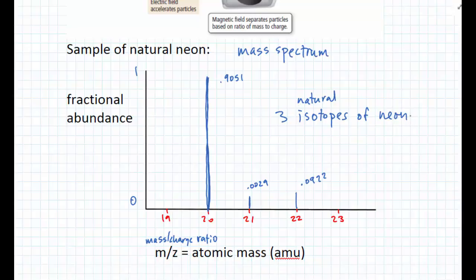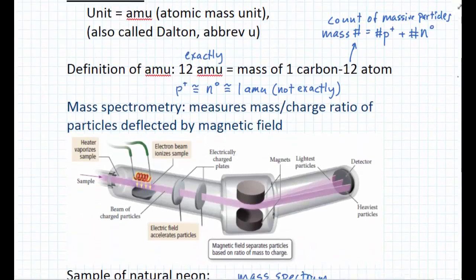Okay. And these may or may not exactly add up to 1. It depends on how it's calibrated and if there is any other little peaks there. Okay? But what this is pretty much telling us is that down here, these masses end up being the mass numbers, or very close to the mass numbers of isotopes. Okay? Depending on the instrument, you're able to get those exact masses out to many, many, many decimal places. Okay? It will look like it's very close to 20, but again, the only exact mass measurement is this 12